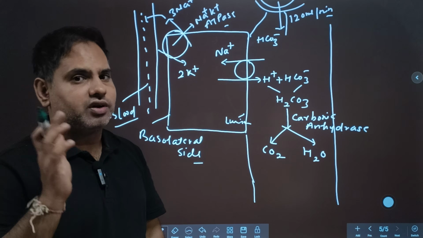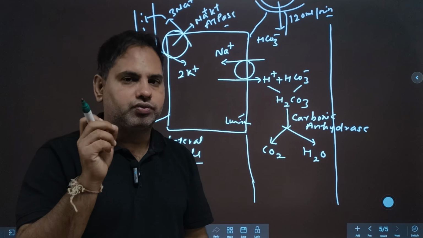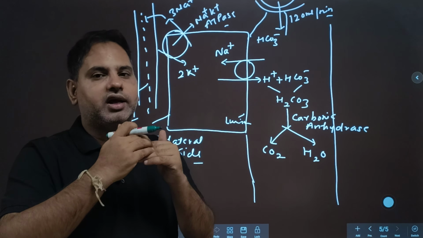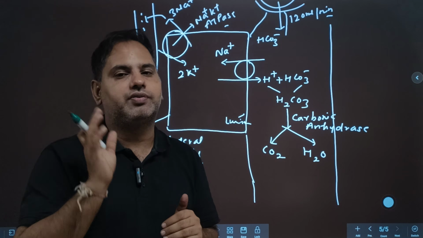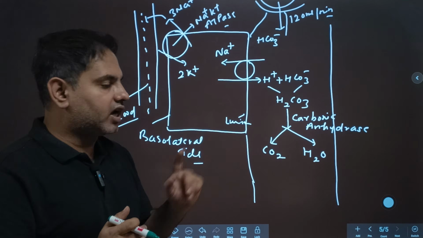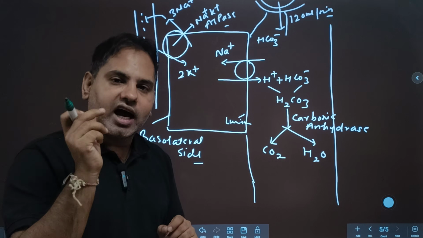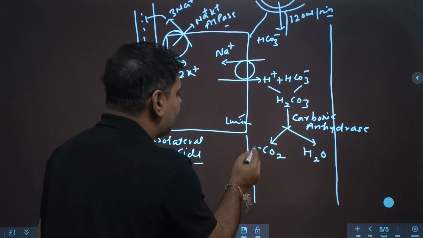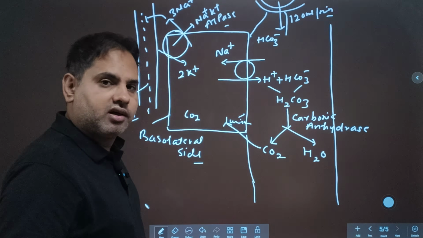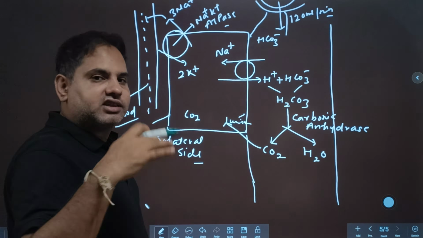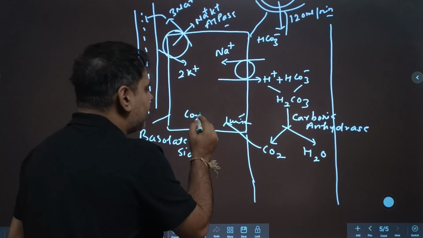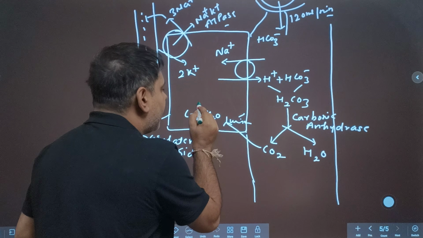Then we talked about passive diffusion, and if you remember, I told you the molecules which are small and uncharged cross the cell membrane through simple passive diffusion, which is dependent on the concentration gradient. So this carbon dioxide is a small, uncharged molecule, so it will cross the cell membrane and enter into the cells. Carbon dioxide will enter, right. And inside the cytoplasm there is water also, so it will combine with water molecules and form